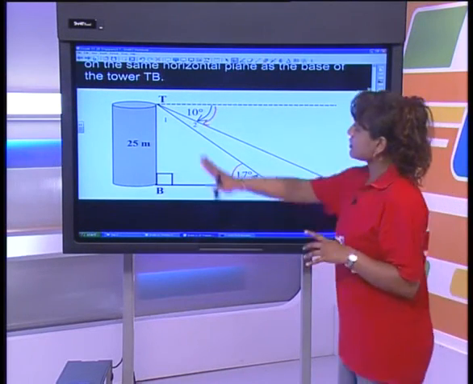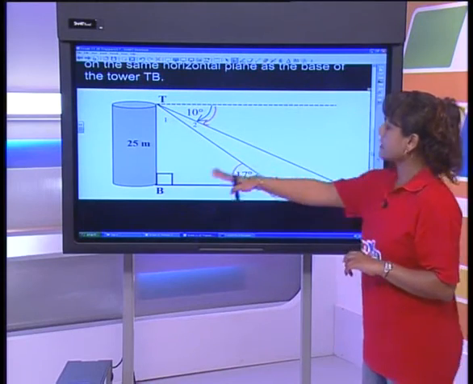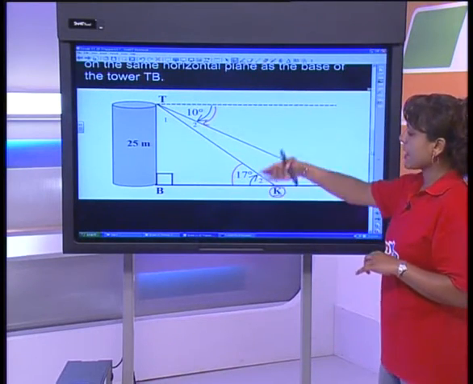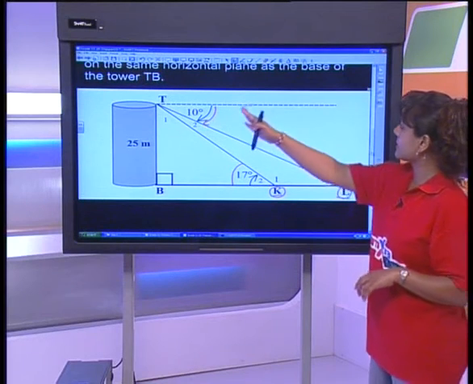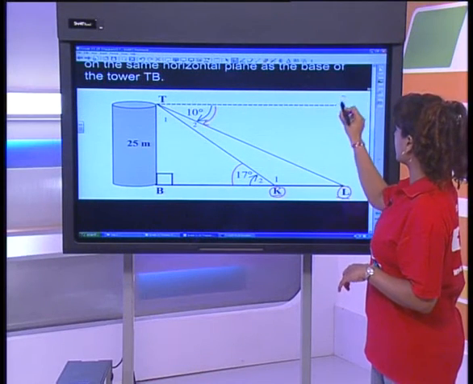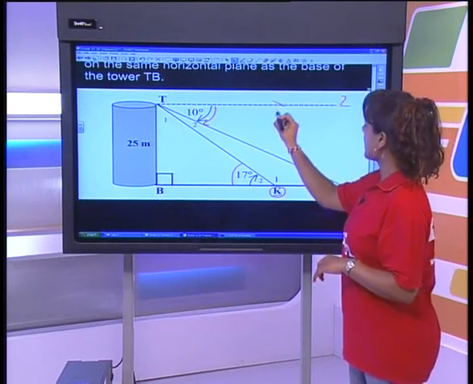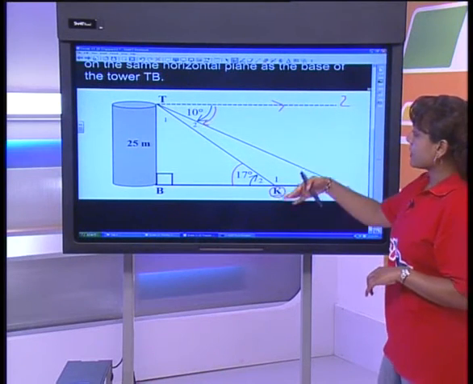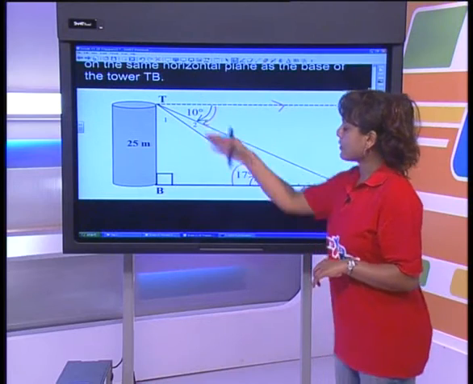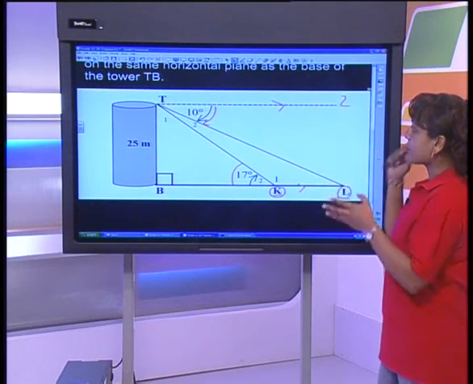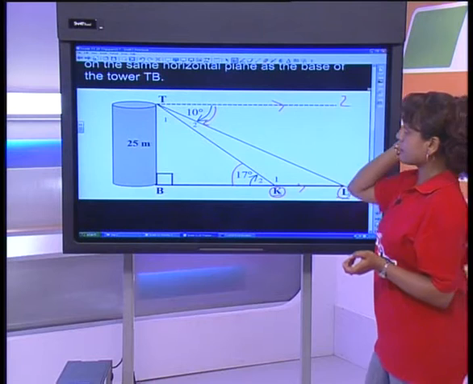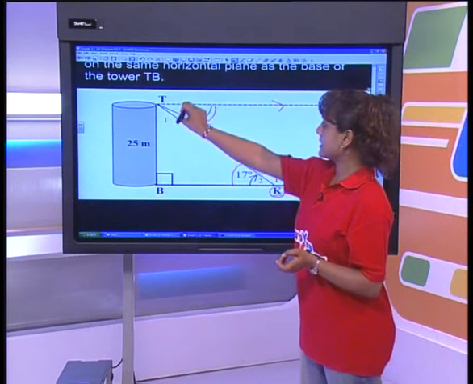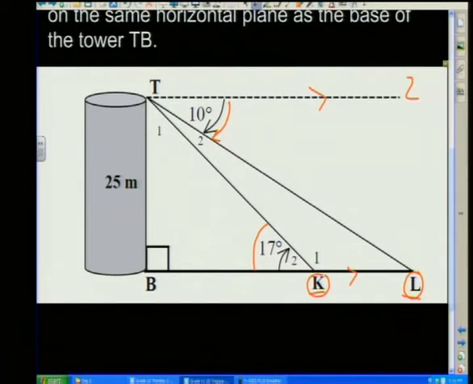Now remember, the top of the tower and the base of the tower are going to be parallel to each other. So therefore this T, let's call it Z, is going to be parallel to BL. They are parallel and a perpendicular distance apart. If those are parallel and we know that angle T is 10 degrees, the angle of depression to car